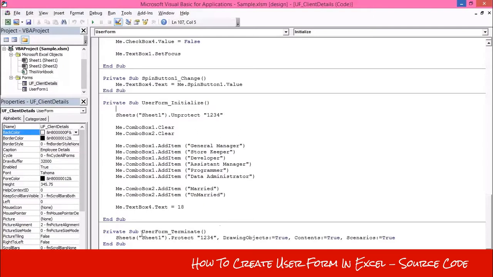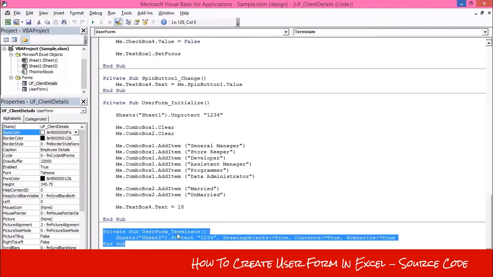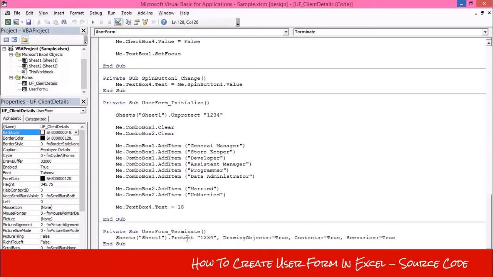Okay, then the second event handler is the user form terminate. When you close the user form, this event handler will be executed, and there is a single line of code which is protect your sheet.